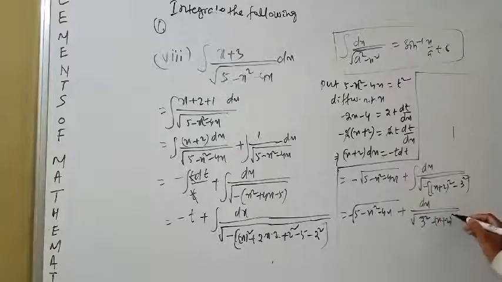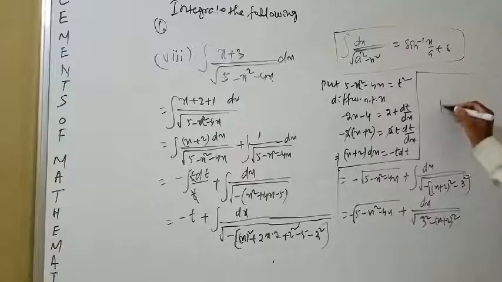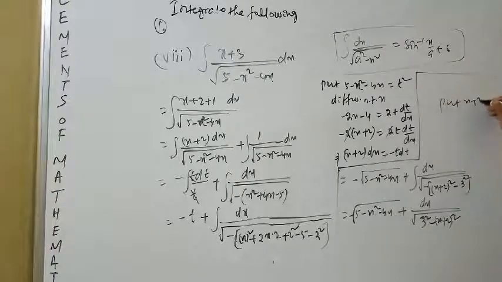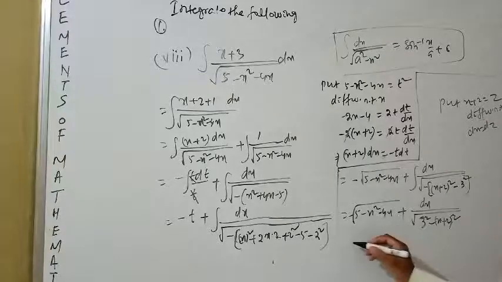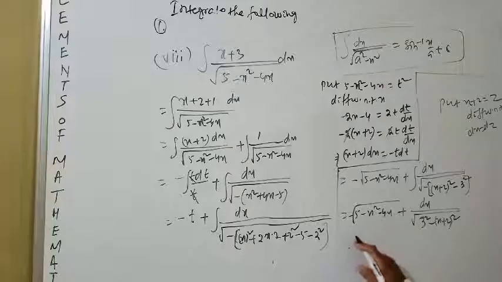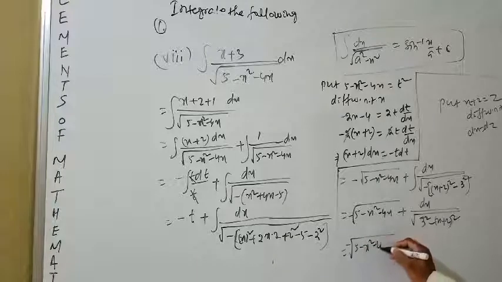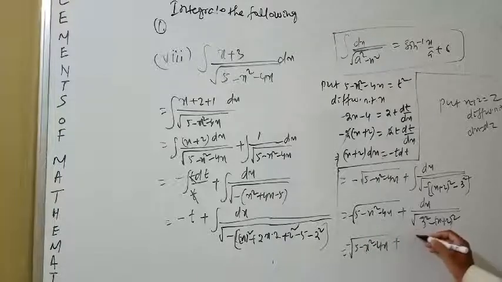Now you put x plus 2 is equal to z, differentiate with respect to x, dx is equal to dz. So here how much do we get? Minus root over 5 minus x square minus 4x plus